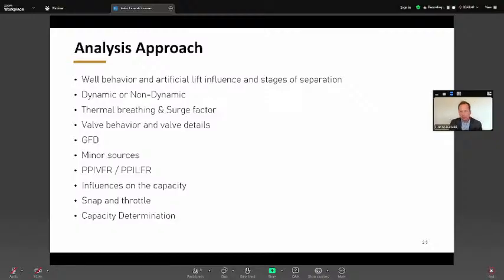And then you want to look at your minor sources. Minor sources are not insignificant sources. Minor sources are intermittent sources. So basically not your main production, but your compressor dump valves, your sales scrubbers, anything that might have high levels